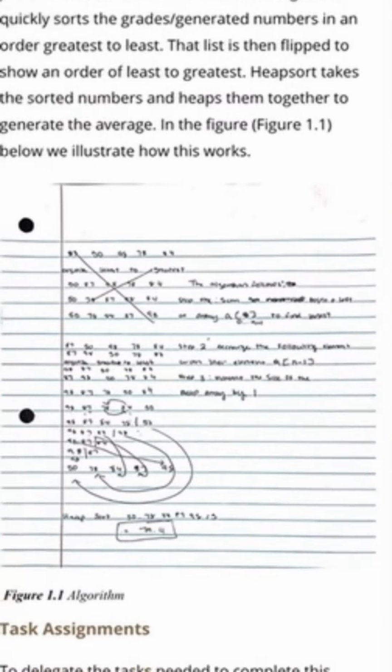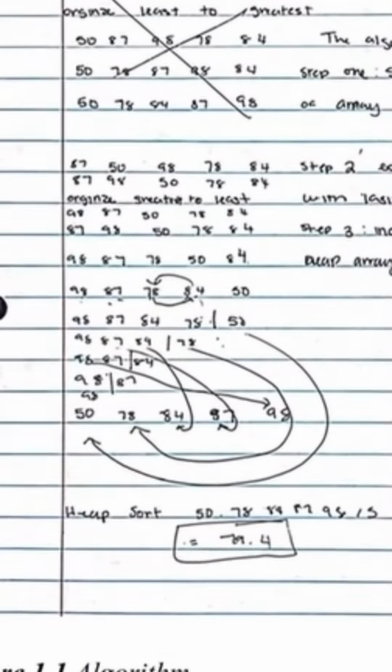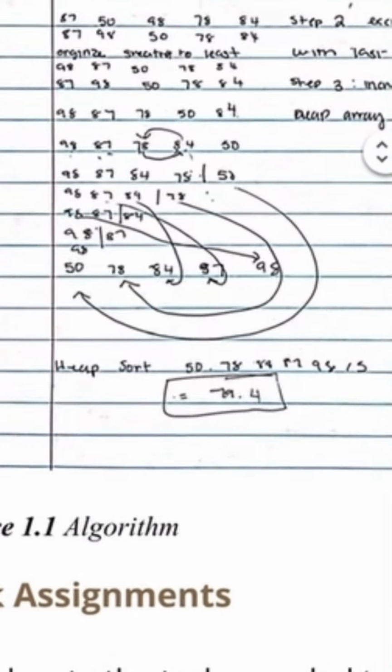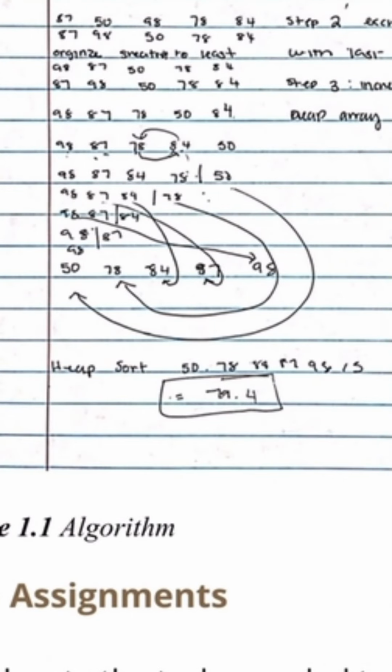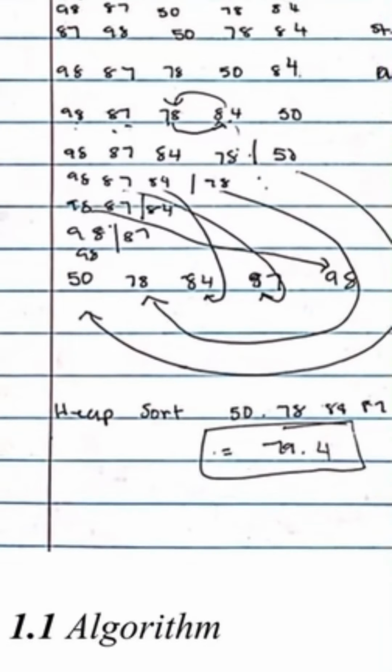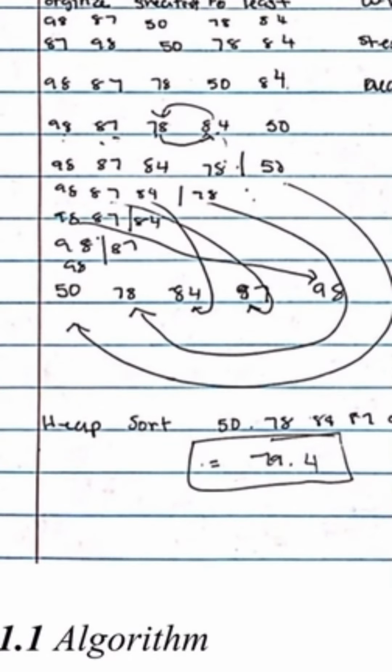So here on the side, I did an illustration because I feel like, in this class, really illustrating something makes it a lot easier to see how it works. And I did a sample of random grades, and basically what the illustration is demonstrating is how the greatest grades are going to go to the left and the least are going to go to the right, and then from there it's going to go into a new array from least to greatest, and it will display